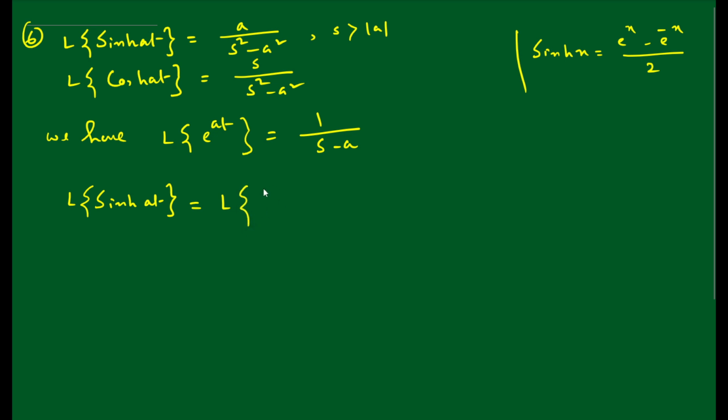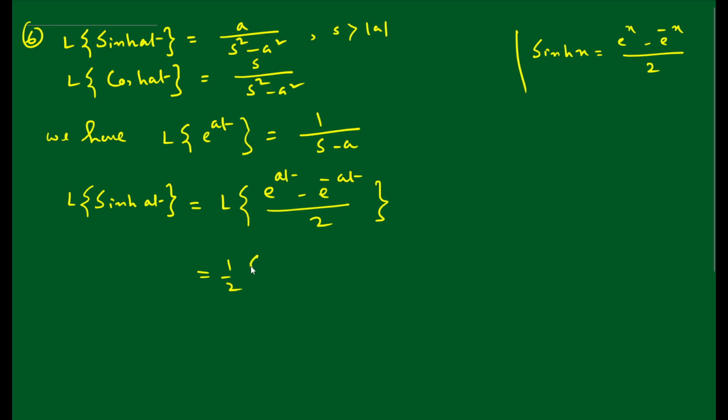So this formula we are going to use here. In place of x we have at, so sin hyperbolic at is e to the power at minus e to the power minus at, divided by 2. Now here the half is a constant, and then we can separate it. One is the Laplace transformation of e to the power at, then 1 minus